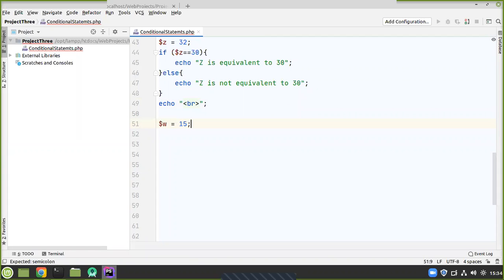Then I can just say if W is identical to 15.0, if it is identical to 15.0, then we can echo and say W is equal and identical to